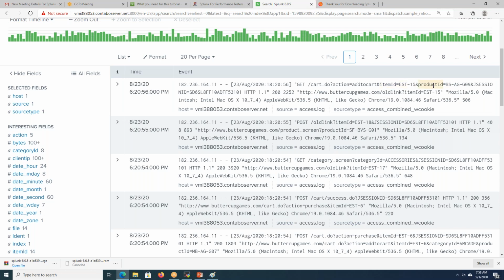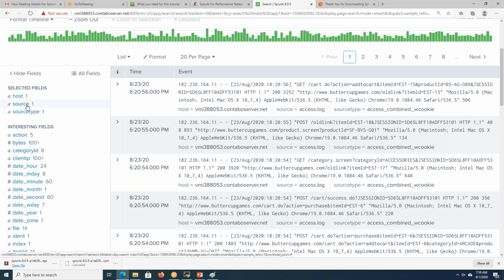Product is this one, and we have a value here. JSession ID is also a key value pair: the field is JSession ID and the value is this one. While parsing the log itself, Splunk creates these fields. These are added by default.